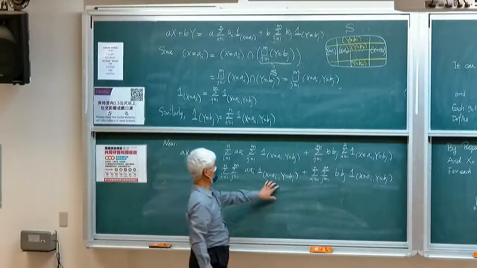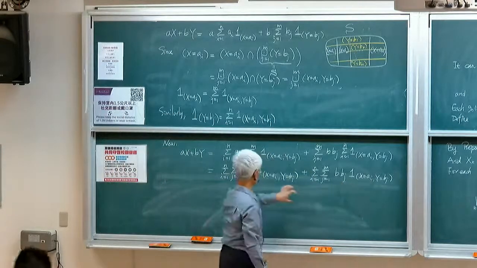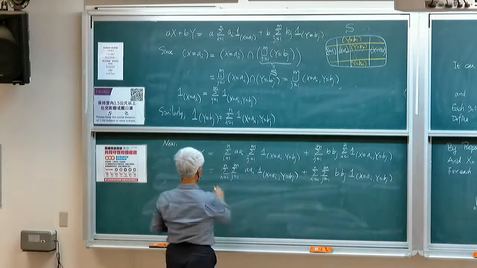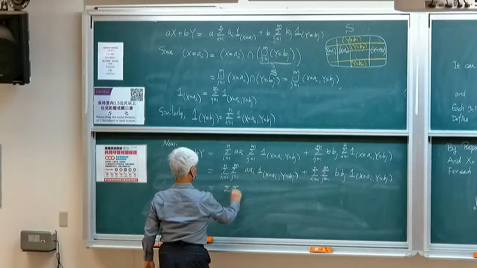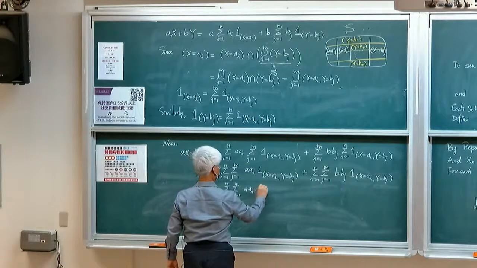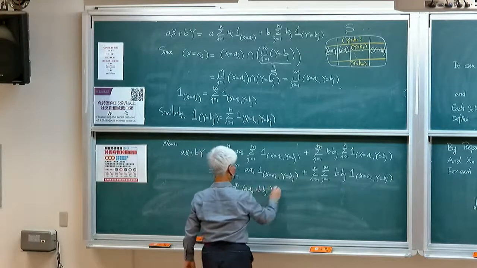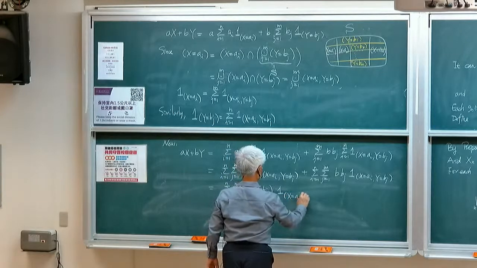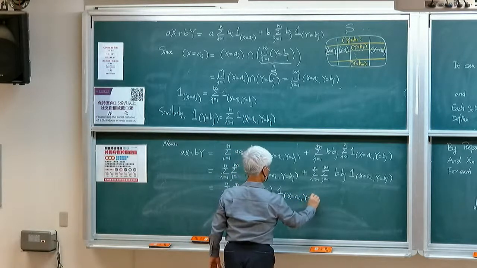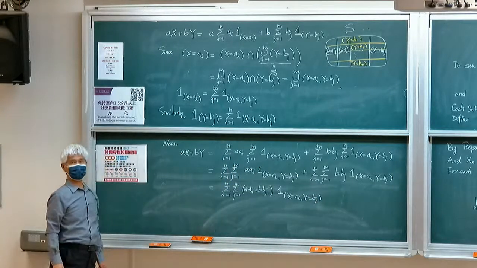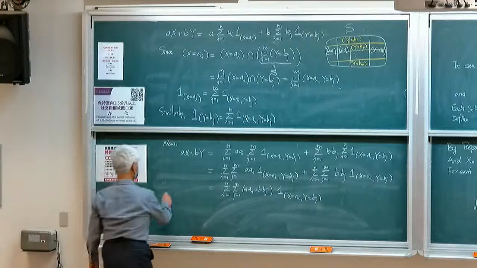Now, they have the same indicator, you can see, so we can merge them: a_i plus b_j together, times the indicator x equal to a_i, y equal to b_j. So which shows that